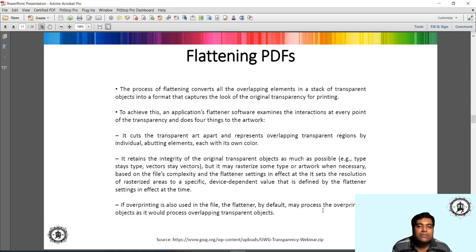We will be seeing some of the best practices in rendering these transparencies. The process of flattening converts all objects that are interacting with each other in a specific stack. Stack means that the PDF is object oriented, so all the objects within the PDF are arranged like I showed you in the part 1 lecture, how that magenta background was present at the top of the